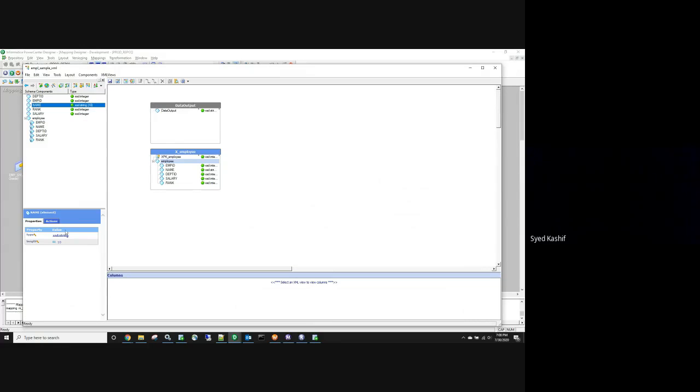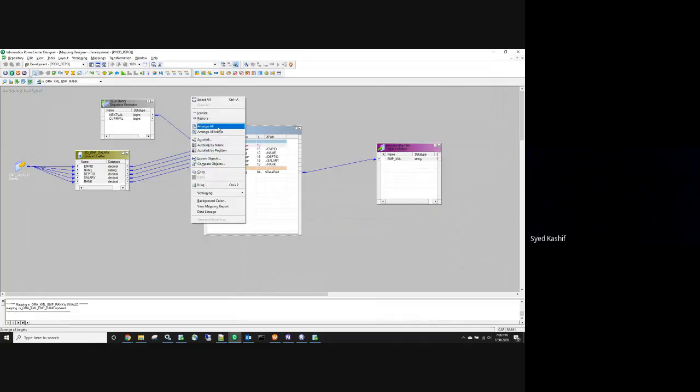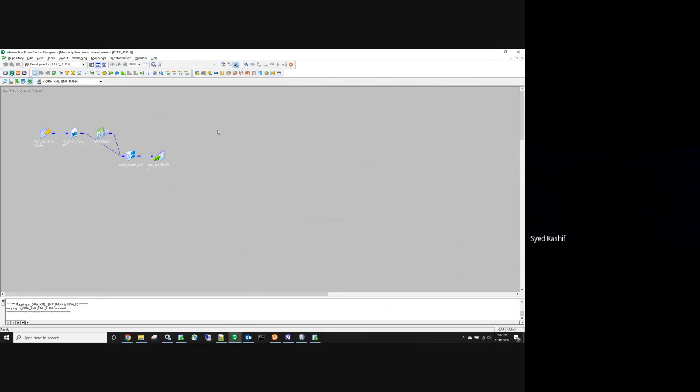So the problem is always with string. If you have an incoming value greater than 10, it will only handle up to 10. Okay, no changes here. Say okay, that's it. Arrange all iconic. Now I will generate a